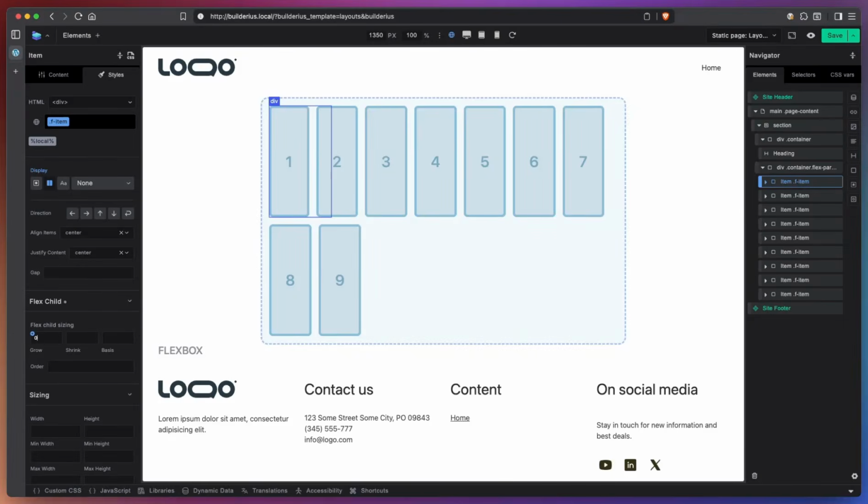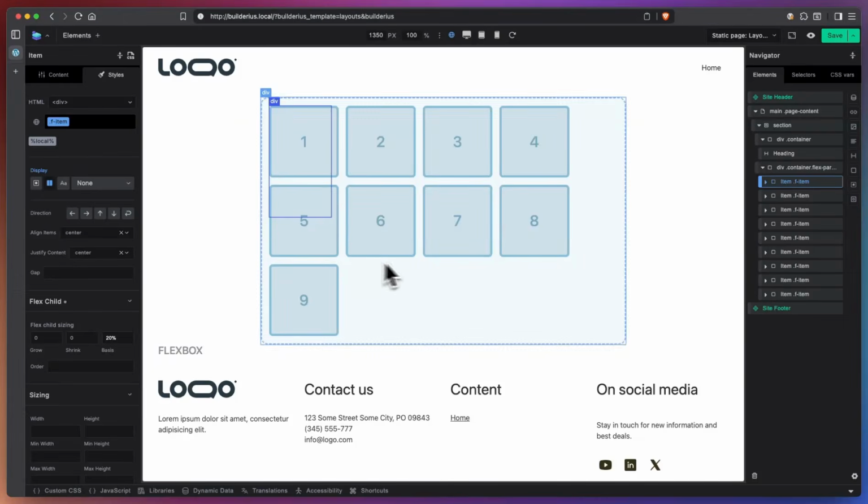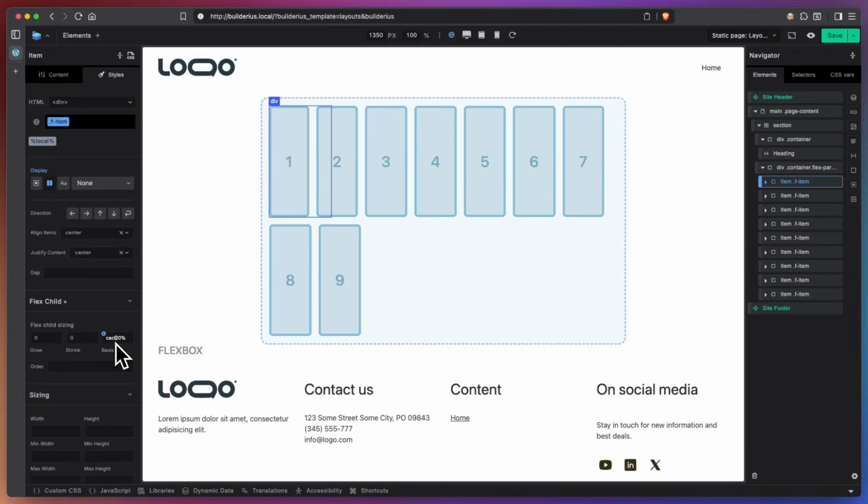and make grow and shrink 0. We don't want our items to fill the space or try to get smaller. In the basis property, we will define the exact measurement that will fit the entire width with as many columns as we want. We want 5 columns, so we'll start with 20%. Deduce the space between the items and the border width. So we will do calc, open braces, minus 1 rem,